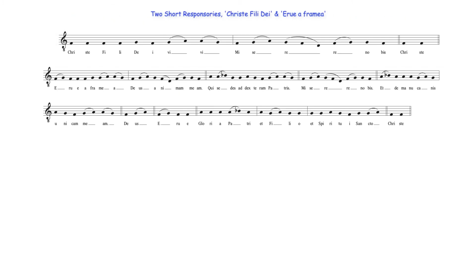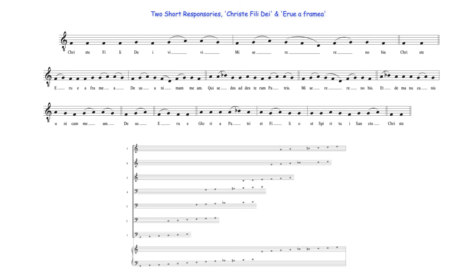In the first of these 2 short responsories, for example, although the F hexachord could be used from the beginning, inclusion of this D means a mutation down to the C hexachord is necessary. The C hexachord is therefore probably the better choice, as it allows the entire first responsory to be sung without the need for mutation. The C hexachord can continue to be used in the beginning of the second responsory, however